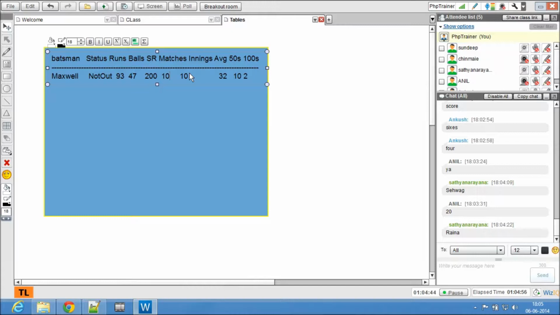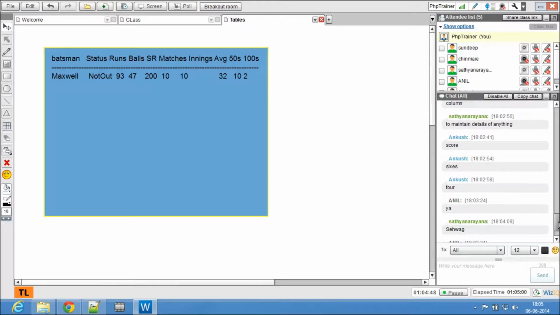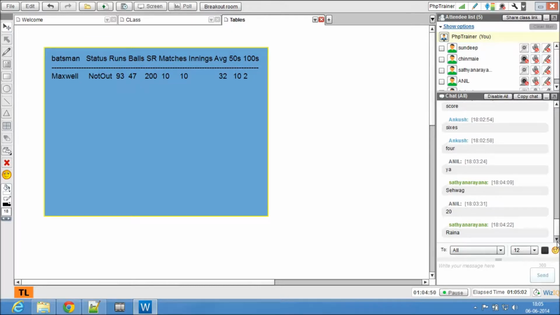To maintain details of anything, this is how you maintain the details. Looking at this, I can easily figure out that this data is related to Maxwell and this is what is happening with his data. The data is shown in a properly organized manner. That's where we use tables.